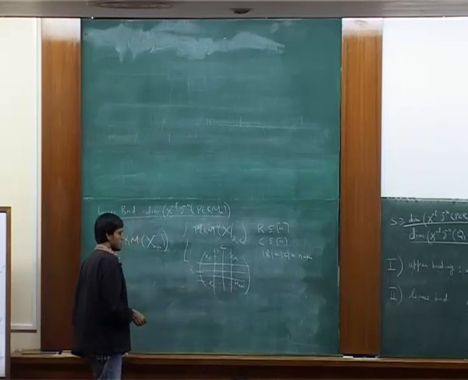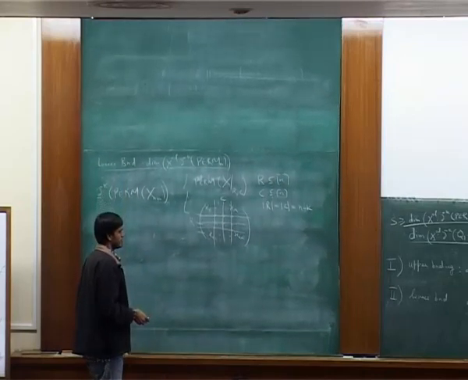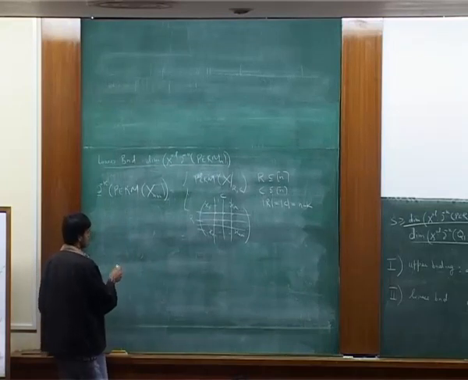Why? So let's see a simple example. So note that permanent is multilinear. So let's take one specific example. Let's say